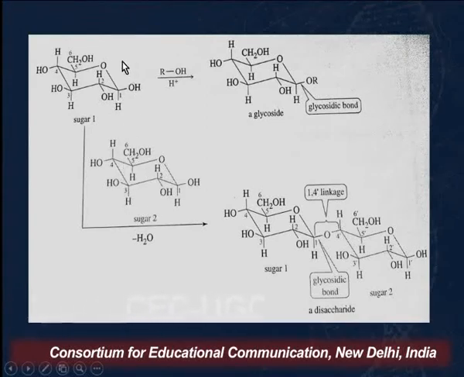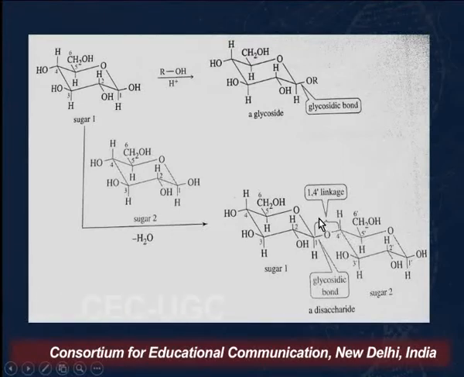But the reaction which is being shown, which you can see on your screens, is that the OH group of this anomeric carbon, which is at the first carbon, reacts with the OH group on the fourth carbon of the second monosaccharide molecule, resulting in a glycosidic linkage. And what we get here is a C-O-C bond, and this is the glycosidic bond which is being formed here.